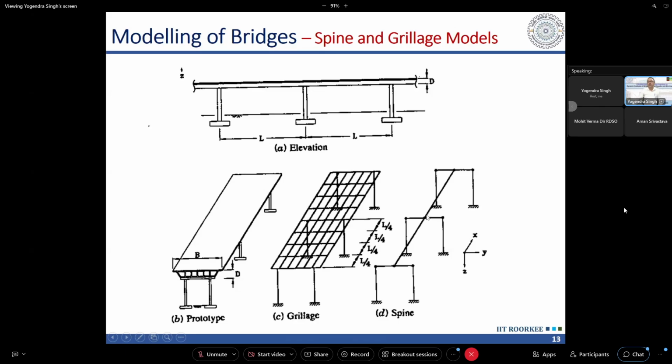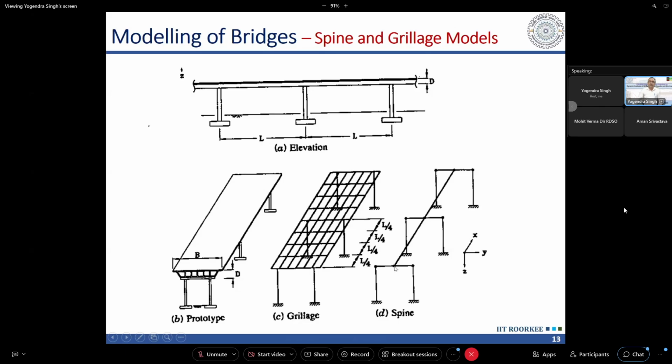Those constraints are the relationship between the degrees of freedom of the superstructure and the degrees of freedom of the substructure. Those constraints are appropriately assigned as per the bearing arrangement. So this is the simplest model,